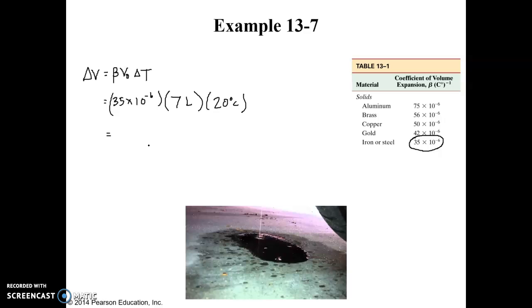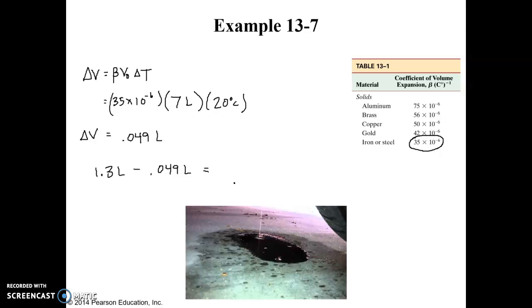So if we multiply that all out, we get a change in volume, delta V, of only 0.049 liters. So if the gasoline expands by 1.3 liters, and the tank is only getting larger by 0.049 liters,